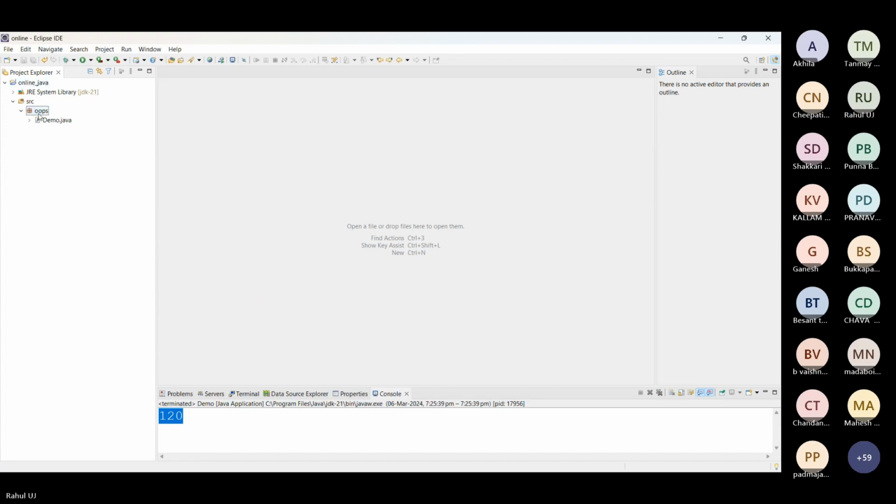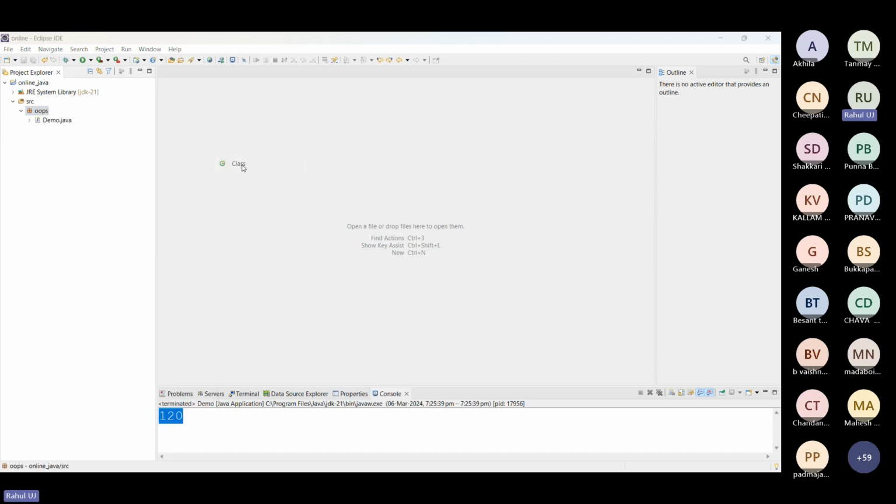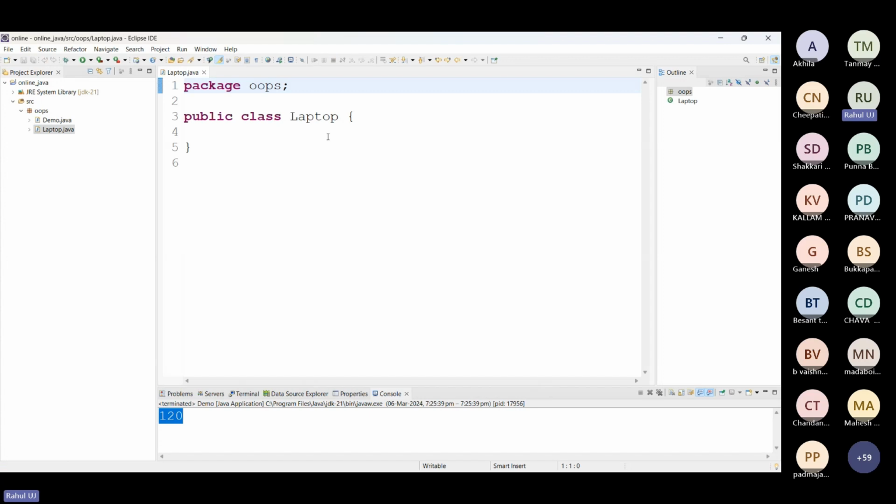Here I will create a new class Laptop. I will not prefix any static keyword here. If it is not static, no static word should be used.